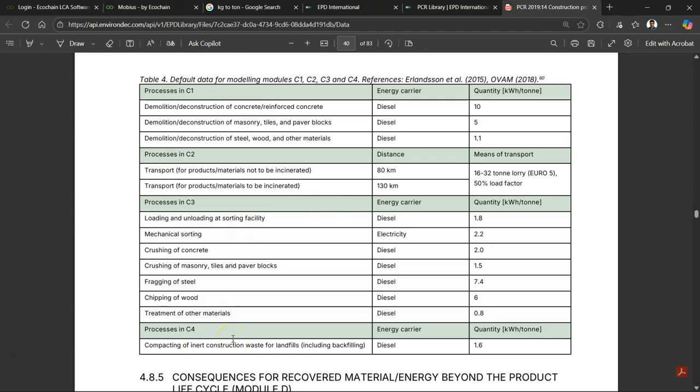C4 is simply the landfill. But for C1, C2, C3, various construction products will be there, right? For instance, they gave some different categories: concrete, RCC, masonry, tiles, steel, wood and other materials. So our product is AAC block, that is a masonry product, right? I referred to this particular number: diesel consumption for dismantling of masonry unit, quantity kilowatt hour per ton,